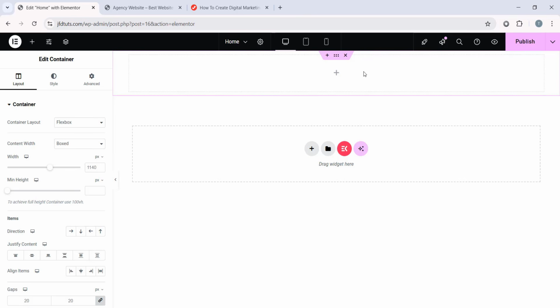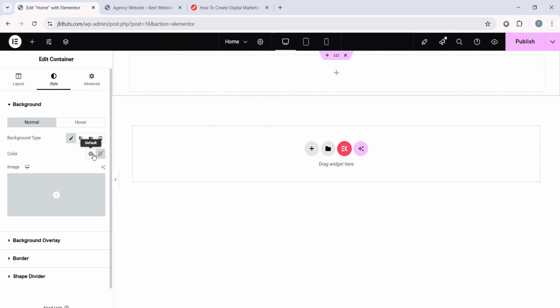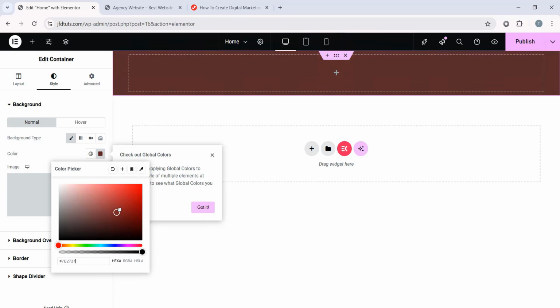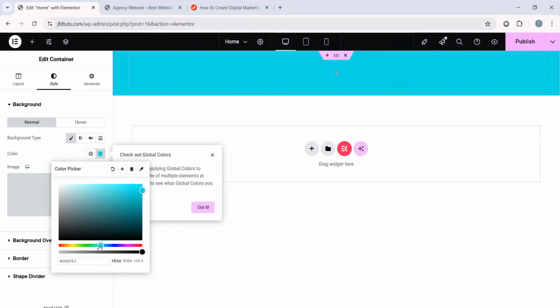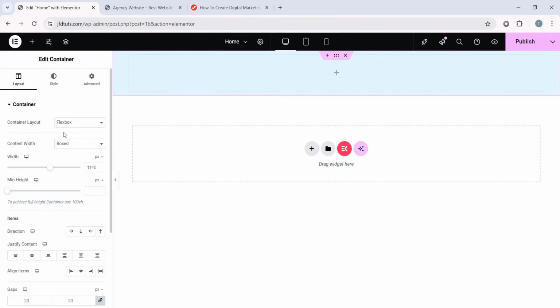And if you want to stylize this box, we can go to this Style tab. And from the Style tab, let's say we want to add a background color on this box. All you gotta do is choose a background type. I'm gonna choose this classic. Then on this color, click on here, and a whole color picker will be here. From here, you can choose any color by dragging this knob. You can choose any type of color, any contrast using these controls. Let's say I select this light blue color,